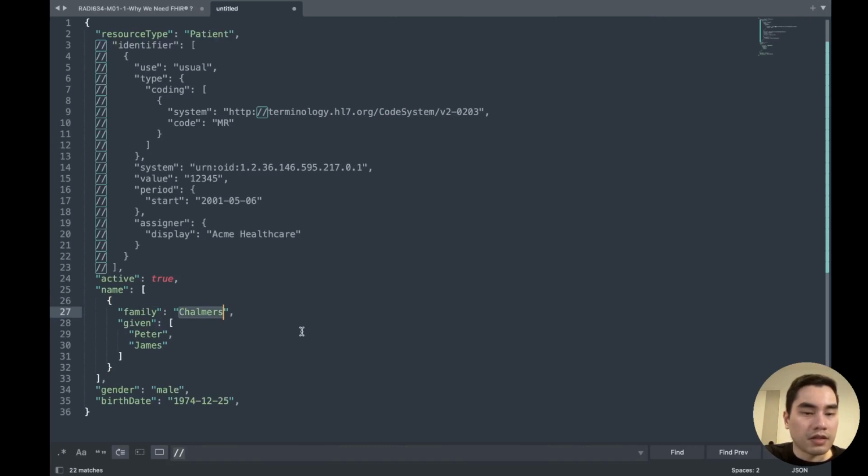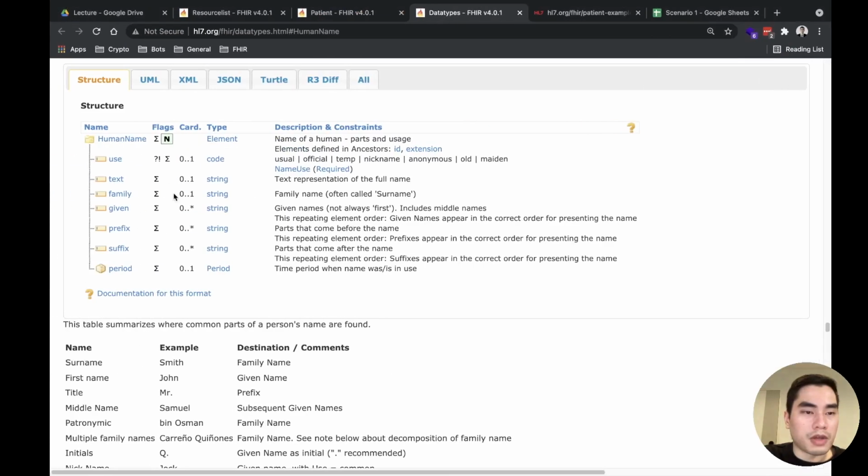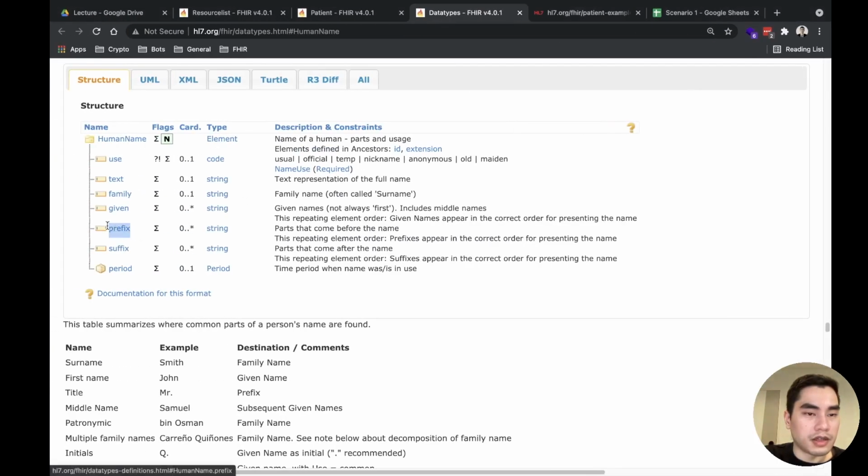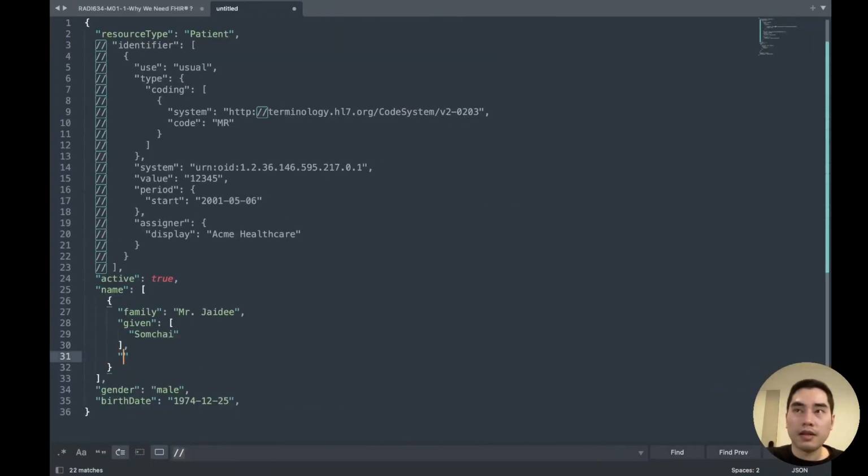Family is ใจดี, and given name is สมชาย, only one name. We still have to put it in an array because given is repeatable. And then we still need Mr., so it's a prefix element. Prefix here, and then we put Mr. like this.